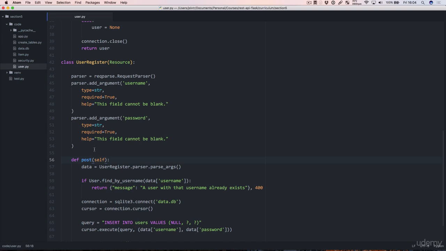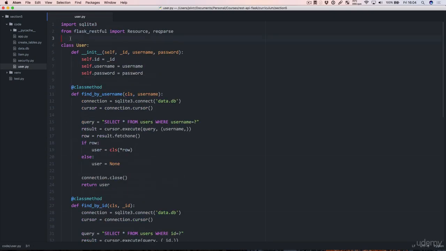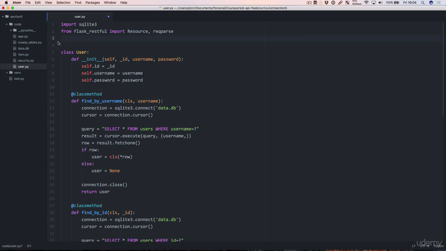It wouldn't run the file. So that's the first thing it does. It runs the file through. And if it's got any classes, then it verifies that the class is correct. If it's got any method, it verifies the methods are correct, but it doesn't actually run them. However, if it has a statement, such as a print statement here, print hello, every time we import this file, it runs that statement. And now that's interesting because